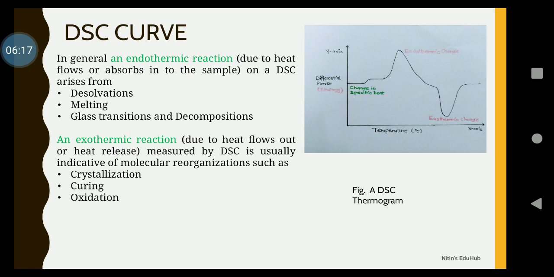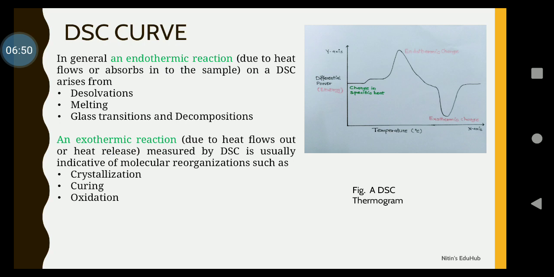Here exothermic change, where you can see the graph is at the bottom, is to be observed in case of DSC, which is just opposite to that of your DTA. We have discussed in case of DTA that the peak of exothermic change was on the top of the baseline, but here it is just below the baseline. That exothermic change occurs just due to the heat flows or heat released by the sample to the system.